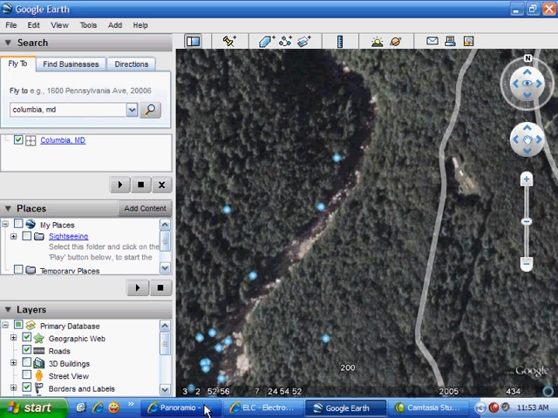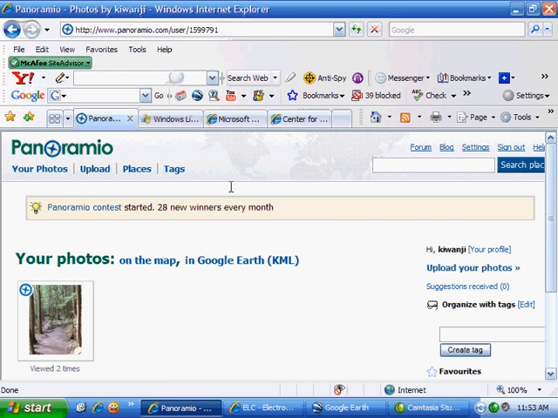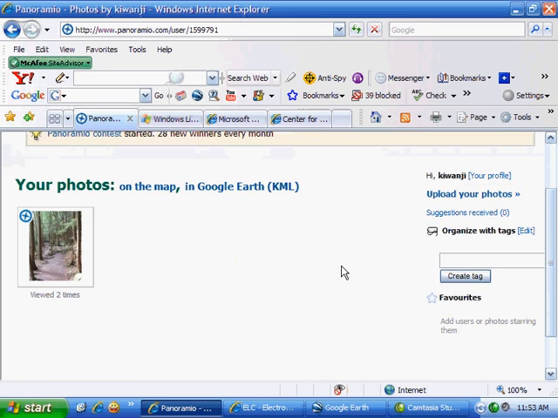And let me show you Panoramio now to show you what I did on the back end in order for Google Earth to pick it up. Here's my Panoramio page, and I haven't used this extensively. I just started using it, and I'm going to use it quite a bit. And in fact, I'm going to upload a new picture right now so I can show you how it works. But you can see here's my picture when I click on it,